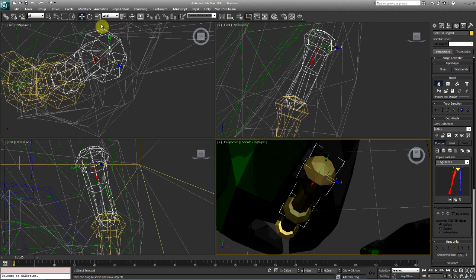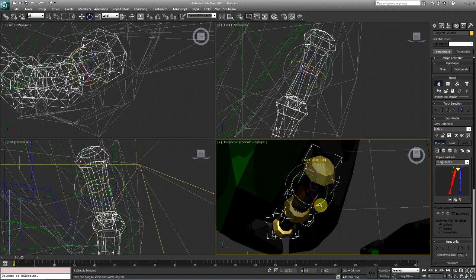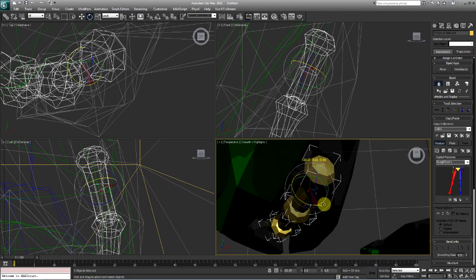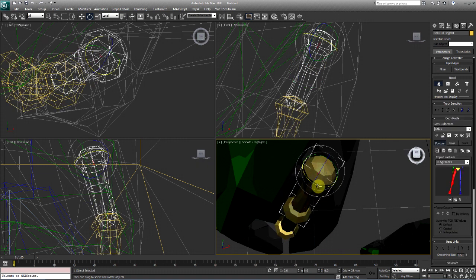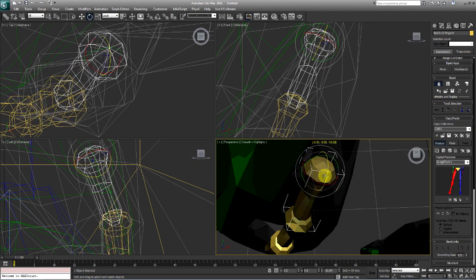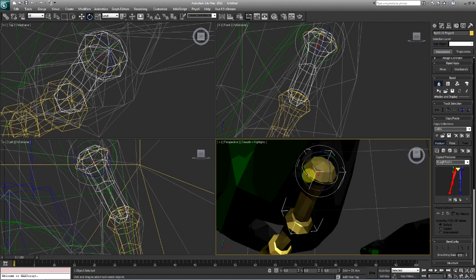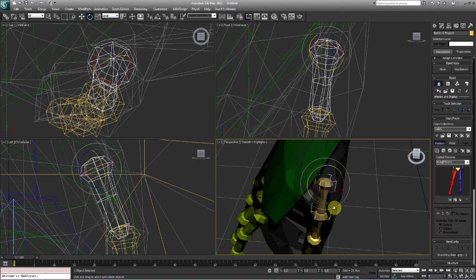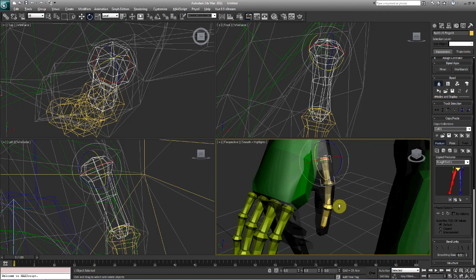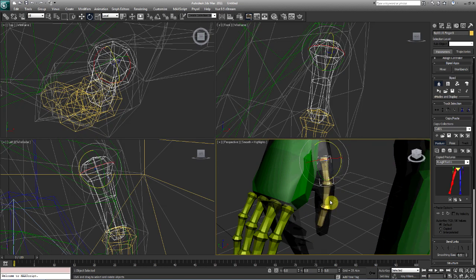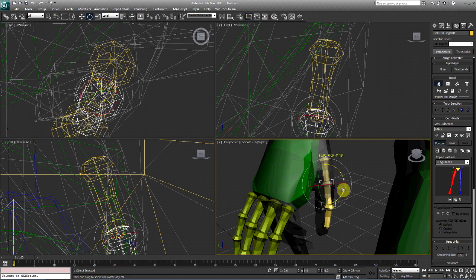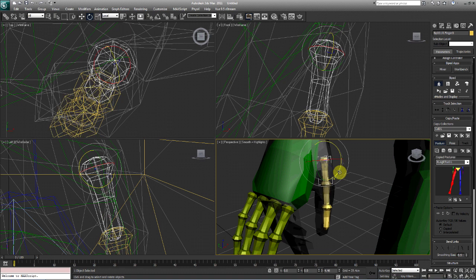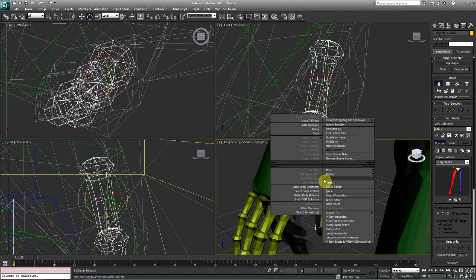Line it up as best as possible. Rotate it. Okay, let's strain the other bones out right there. Okay, let's go ahead and scale it.